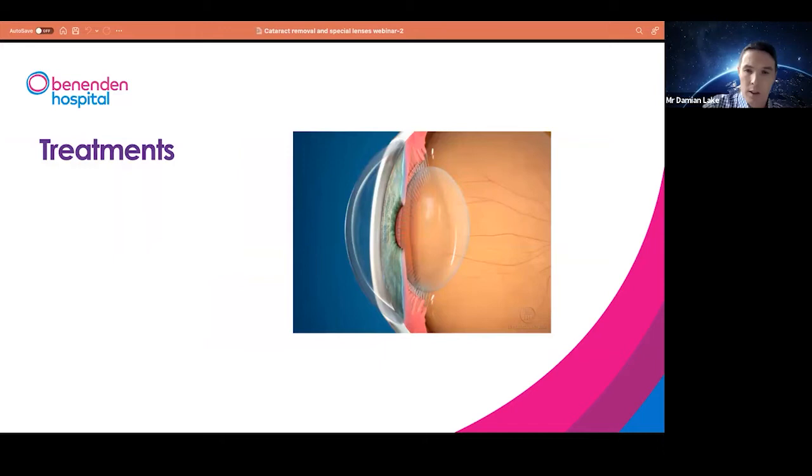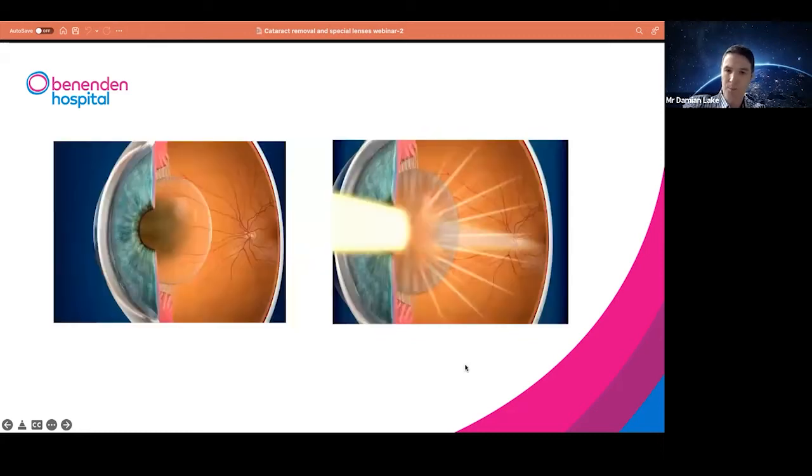Now, after we've had all of these assessments and you've answered the questionnaire so we can understand what your visual needs are, and what your pastimes are, we then move on to a consultation with the surgeon, like me, who would examine the eye to make sure that your eye is healthy. But particularly, we're looking at the front chamber of the eye. We're looking at the cataract if the lens has gone cloudy, and the health of the back of the eye.